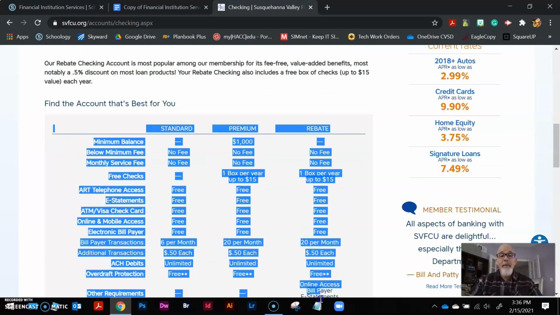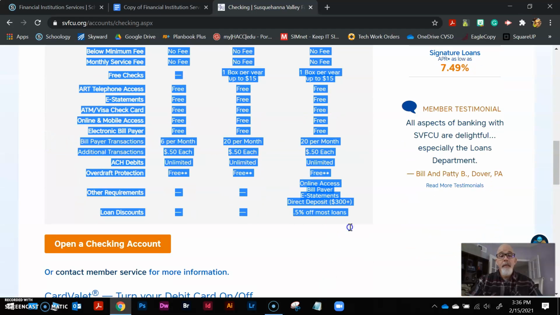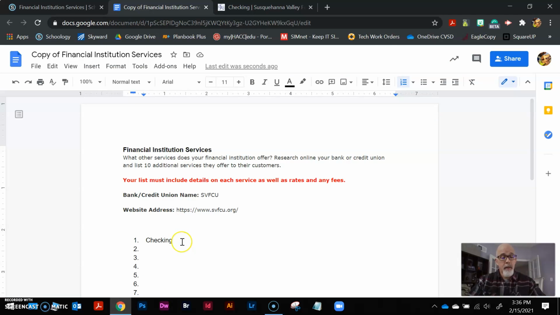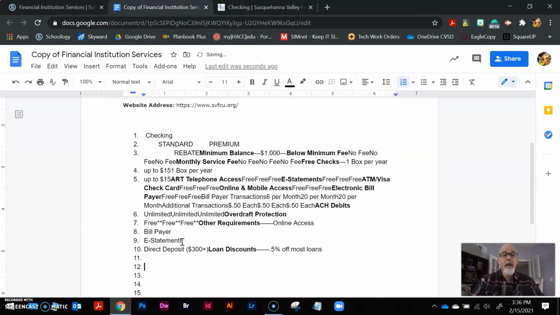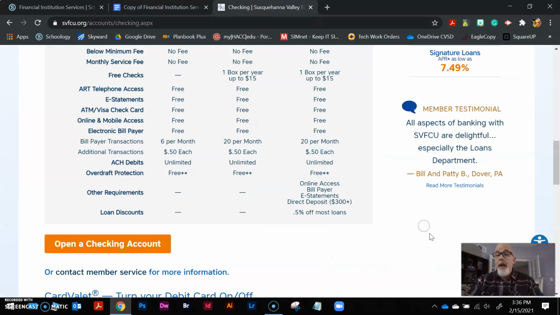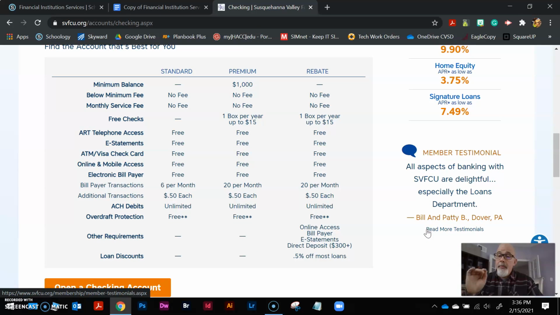If you can copy this, Control C, and put this back here underneath checking. Again, I'm not sure exactly how it's going to look. Yeah, it didn't really turn out so well in this case. I don't know if you can do a screenshot. So if you're using Windows, a PC based system, I use the snip tool all the time. I even have it down here in my taskbar. If you go to your Windows